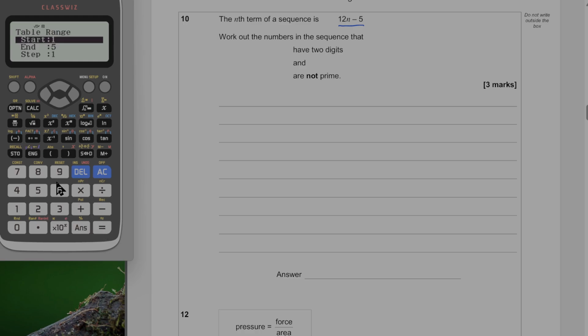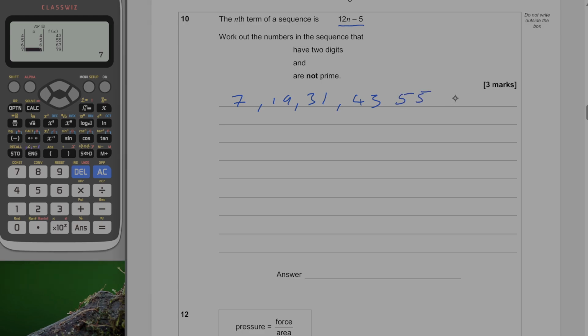I don't need a second function, so I want to start at 1. I'm going to go up to, let's just think about it. If it was 10, 120, 10 is going to be way too big. So I'll go, let's say 9. And I want to go in steps of 1. So I'm going to go 7, 19, 31, 43. Let's get some more values. 53, 55, 67, 79,